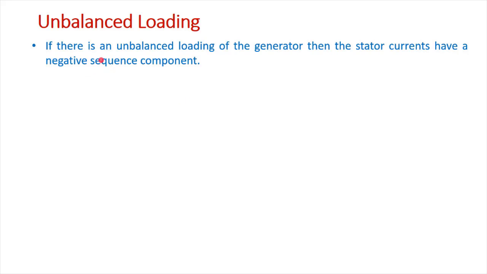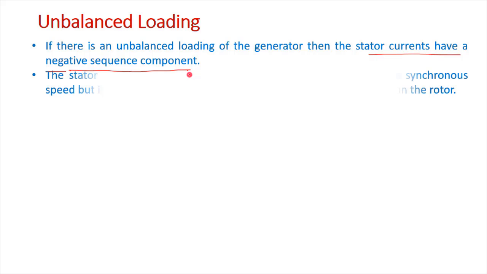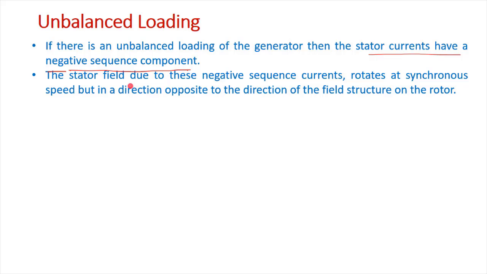So what happens when unbalanced loading occurs? If there is an unbalanced loading of the generator, then obviously the stator currents have a negative sequence component, right? Because under balanced condition there is no negative sequence component. It is only produced during the unbalanced condition. Because of this, the stator field due to these negative sequence currents rotates at synchronous speed, but in the direction opposite to the field structure on the rotor. So the negative sequence current produces another flux which rotates in the opposite direction to the main field,